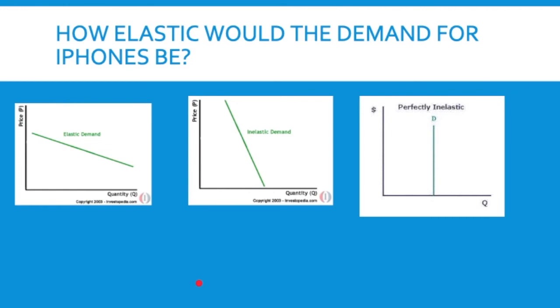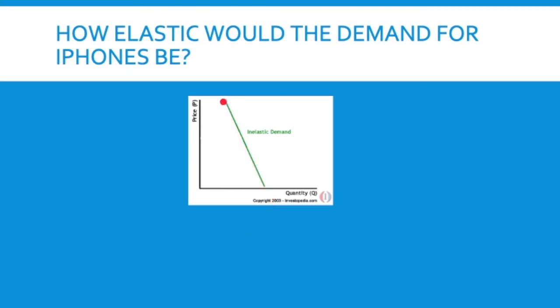How elastic would the demand for iPhones be? This one's tricky. I don't know if this one's as clear-cut an answer. But I would probably say inelastic. Years ago I might have said it's a luxury, but nowadays it's a little bit more of a necessity. There are substitutes for it. You can get a Samsung or other smartphones. But since iPhone seems to have the control of the market and more people want them, the demand is relatively inelastic. When new iPhones come out and the prices go up, people still rush out to buy one even though the iPhone they have is perfectly fine. So that would be an inelastic demand curve.